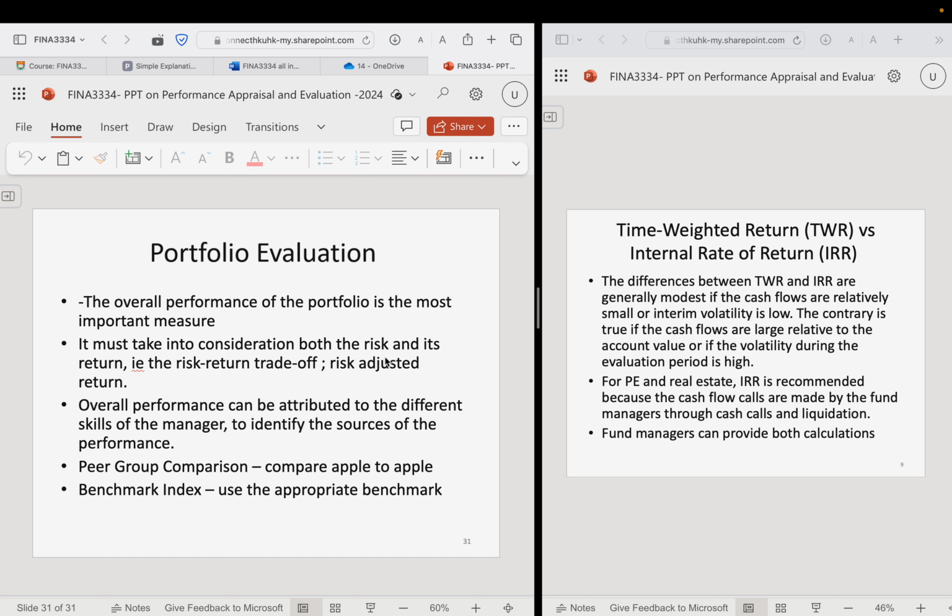And then the performance. When we evaluate the performance, we want to evaluate the total performance, whether it beats the benchmark, and in what cycles it is performing better and in what cycles it is performing less well. Some managers will perform better when the market goes up. Some managers will perform better when the market goes down, because of the tactics and stock picks. And then during what seasonal factors, etc.